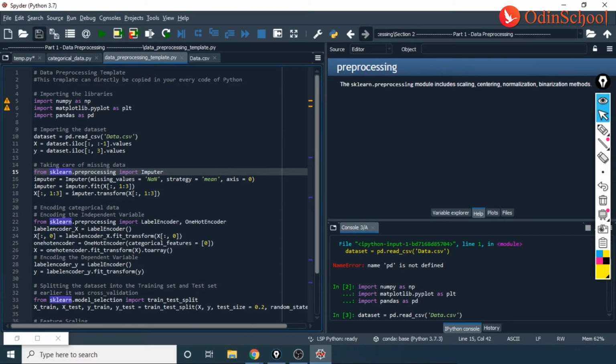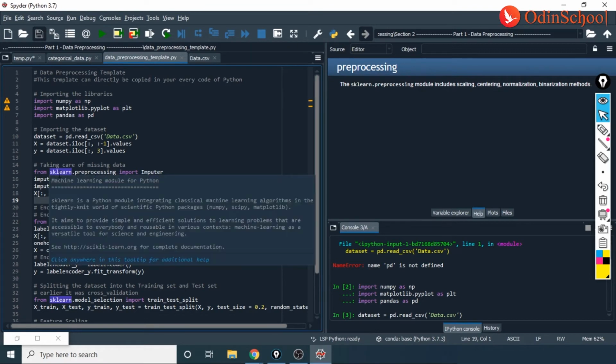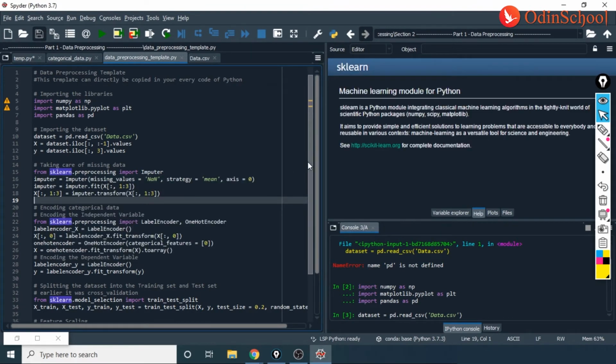Now, if we would have navigated just through sklearn, guys, this is about sklearn. sklearn is huge. As you can see, it is a machine learning Python module. sklearn is a Python module for integrating classical machine learning algorithms in the tightly knit world of scientific Python packages.